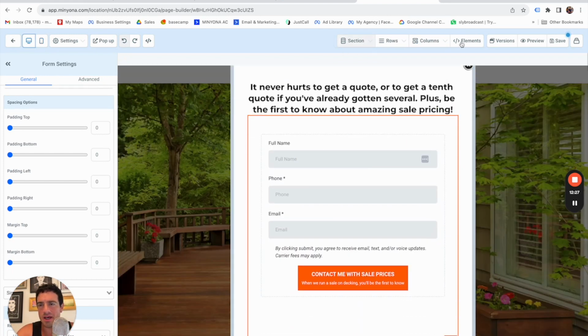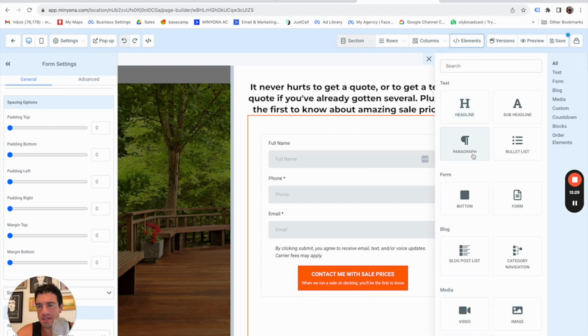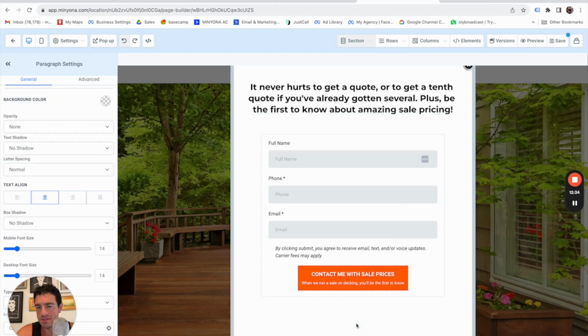We're also going to add some text at the bottom here, just to let them know